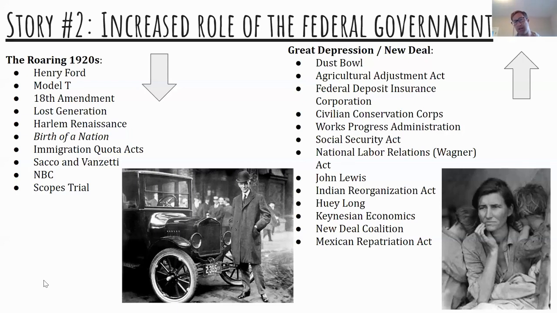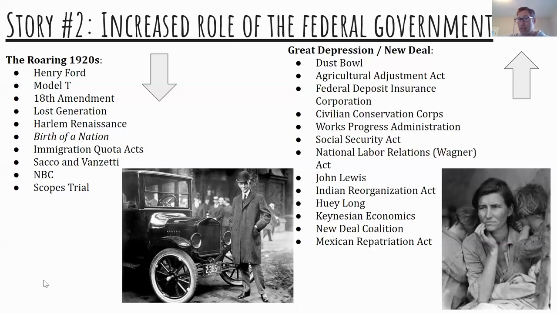Now, the response by Herbert Hoover is, for the most part, hands off. He sympathizes with the fact that the Great Depression is happening. He knows that it's troubling for a lot of Americans, but he's slow to take action because he fears that if the government gets too involved, people will lose their independence and individuality and become too reliant on government. And so he doesn't take a lot of action. He's slow to react to the stock market crash, and because of that, in 1932, he loses the election to FDR.